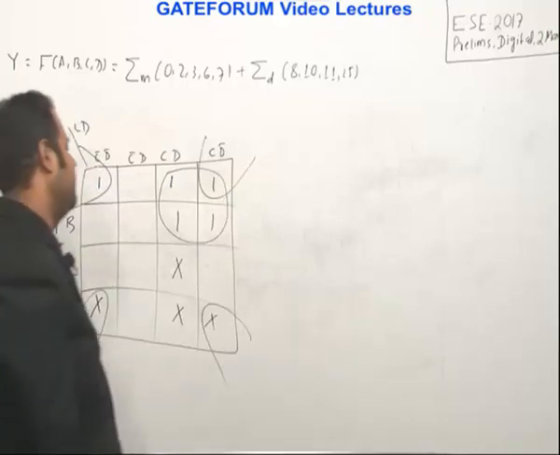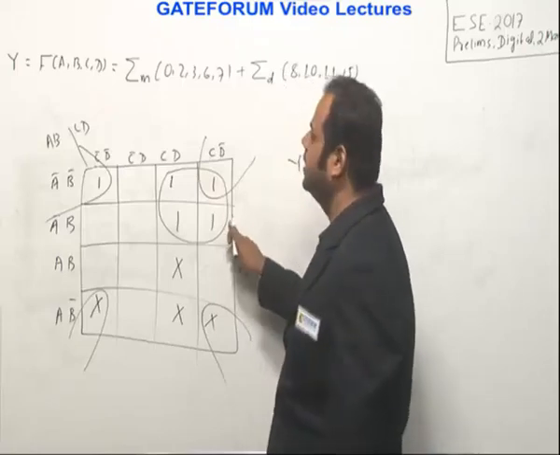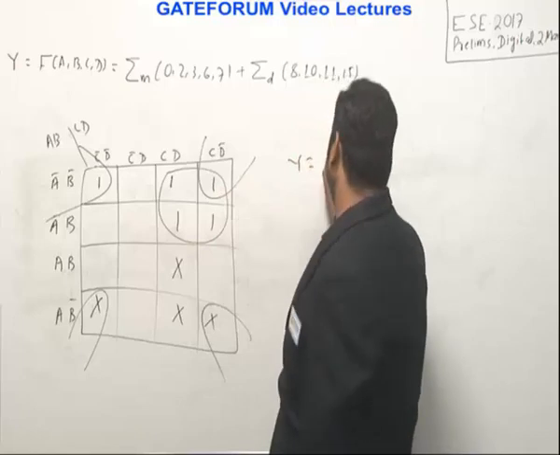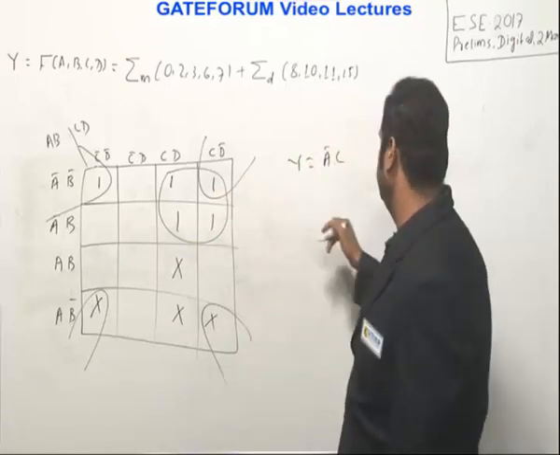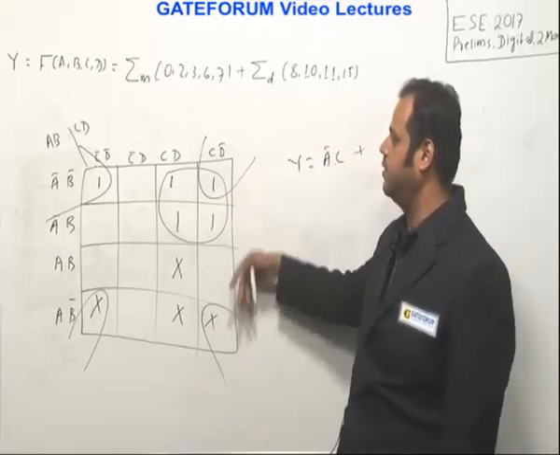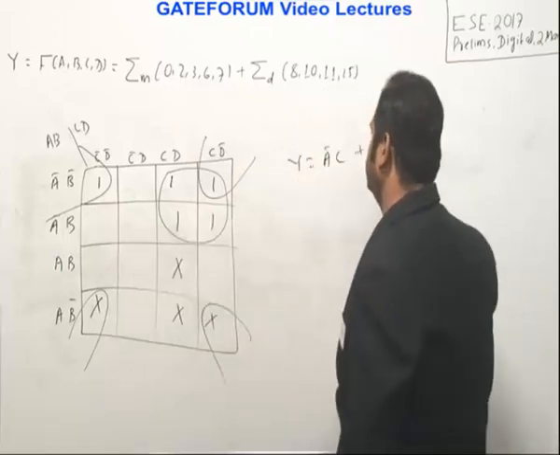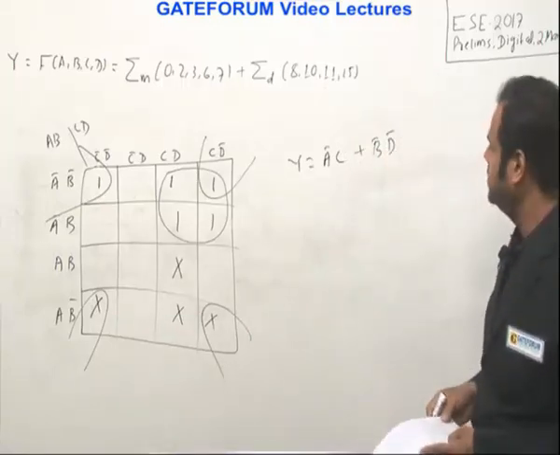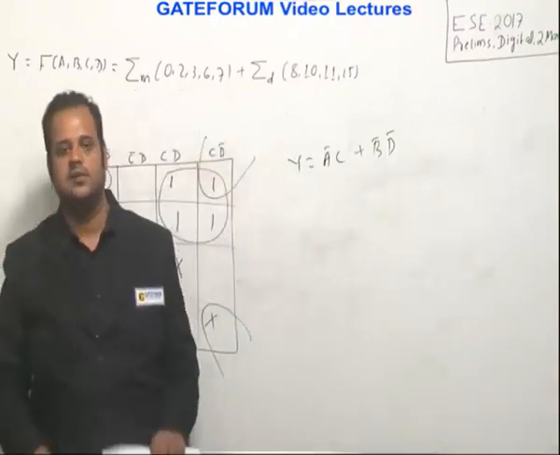So if I now minimize this, the function y is equal to, from this how much will I get? From the row A bar is constant, from the column C is constant. So we are getting A bar C with respect to this. And from this, the diagonal elements, this is under influence of two rows, this and this. So from row what you will get? B bar. And from column what you will get? D bar, right? Because D bar is constant. So this happens to be B bar D bar. So answer is A bar C plus B bar D bar, which is given in option D, and hence D is the right answer for this.